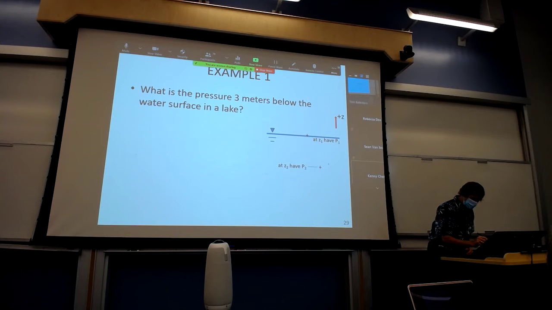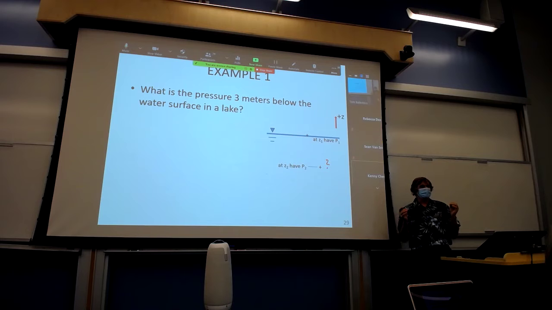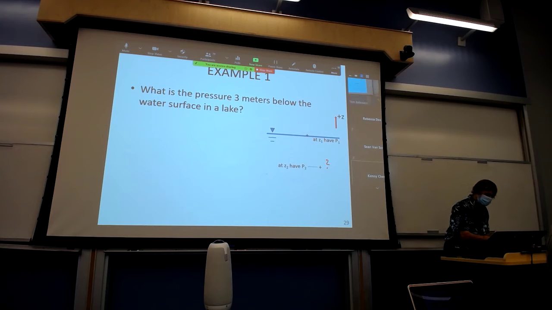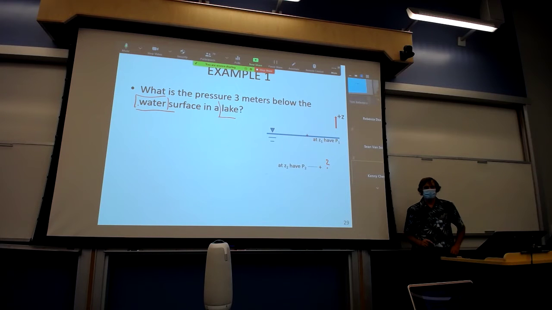What's the pressure here? The only equation we have right now is the one we just integrated. P2 minus P1 is equal to minus gamma (Z1 minus Z2). However, in this problem,